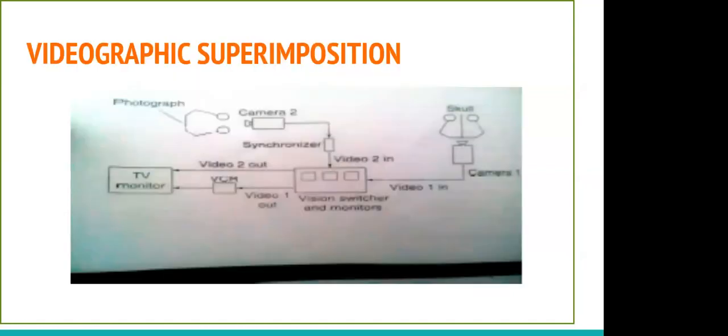In order to facilitate that process and redo the same thing again and again, they devised videographic superimposition. So rather than keeping still cameras, they kept video cameras. And there's a synchronizer, and the video cameras could move. So if some angle change or tilt was required, they could change the position of the camera and simultaneously monitor it on the screen. This was a much easier and faster process, because going and doing things again and again and verifying them was lengthy. This cut short the time and was more convenient and easy to use.